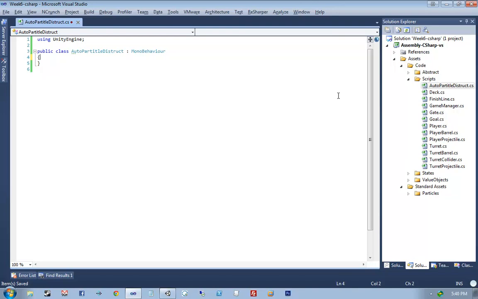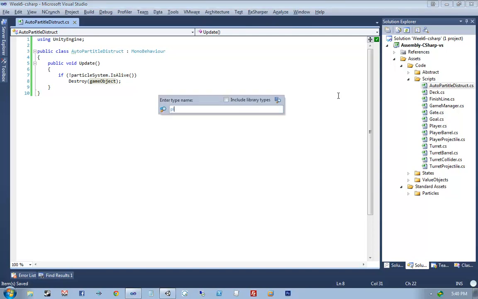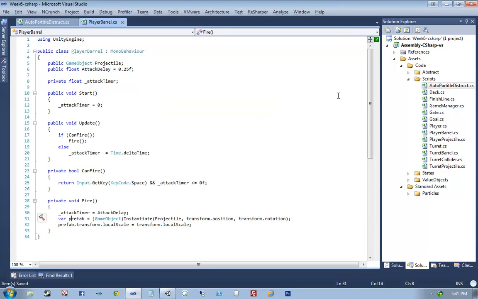Whatever. Okay, so this script will be attached to our stuff. So every time we do an update, what I want to do is say if not particle system is alive, destroy game object. So by attaching this script to any of our particles that we instantiate, they will be automatically destructed. So now if I jump into my player barrel,